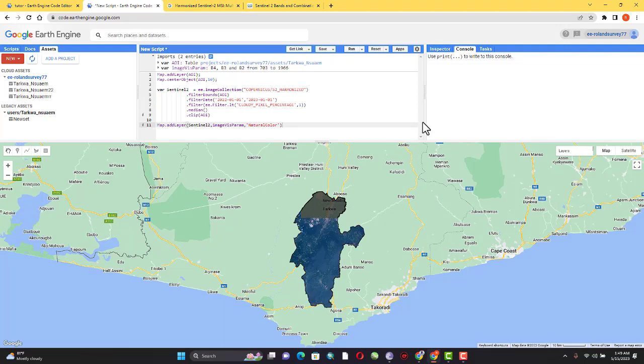You can see the natural color is appearing, and let's check the layers. You can see that the name I gave it is showing here. That is the natural color. Okay, so now,